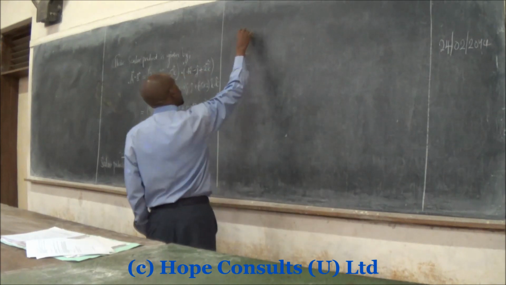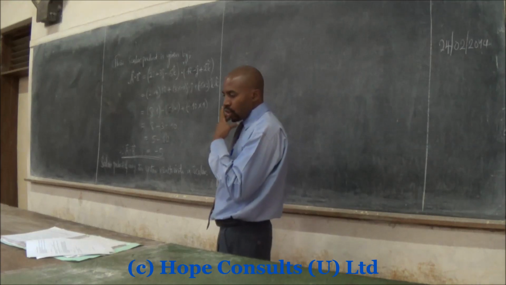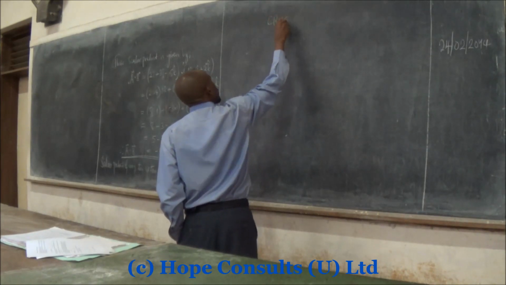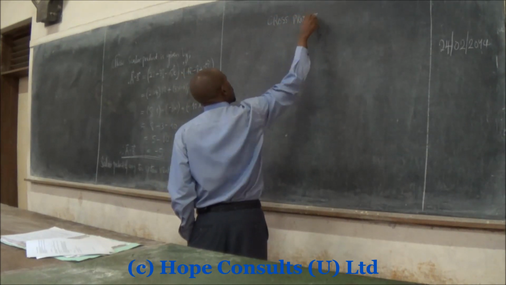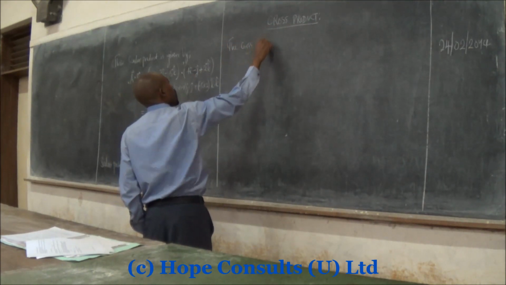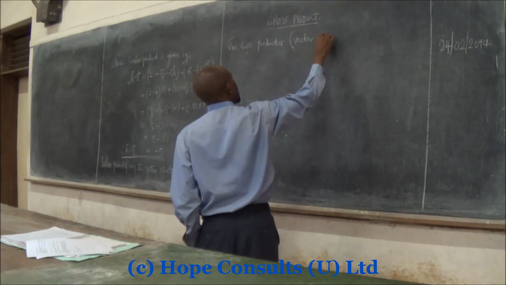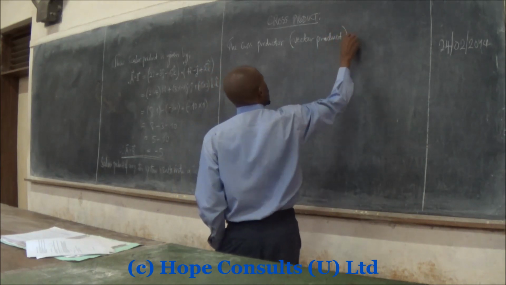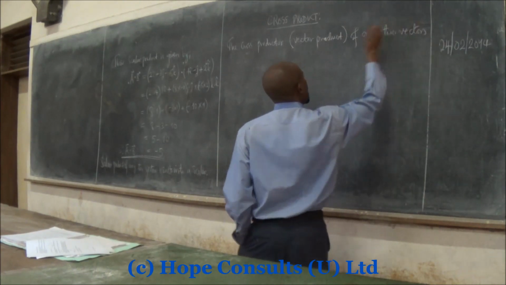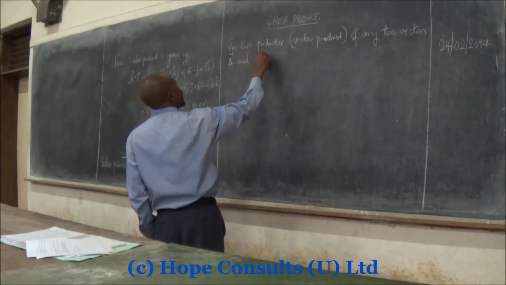The next part is the vector product, which we call the cross product. So the cross product, sometimes which we call the vector product, of any two vectors A and B, is given by